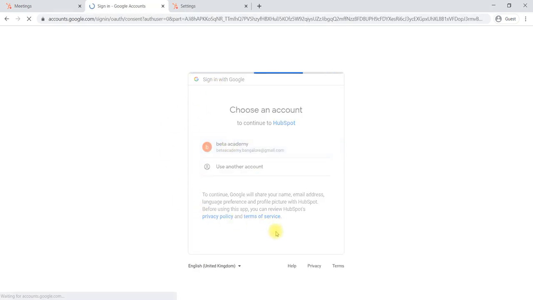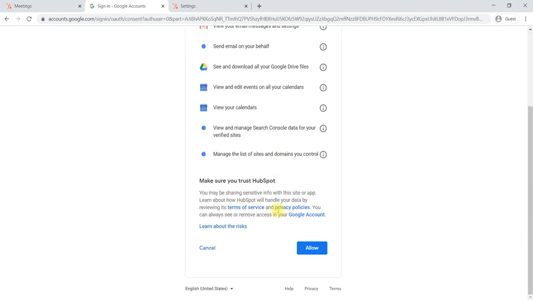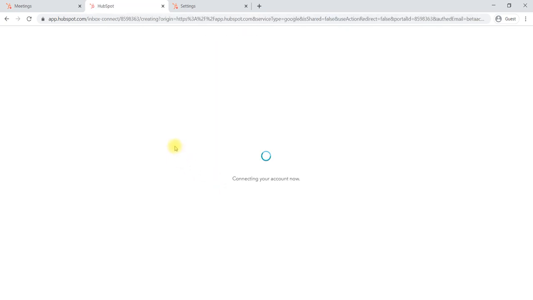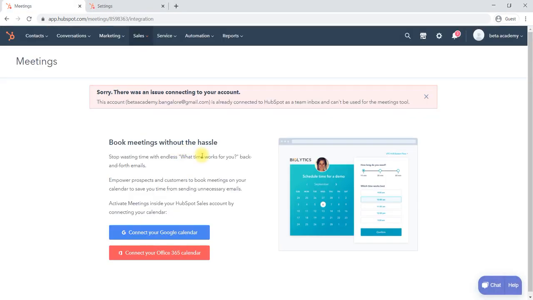It will connect to your Google Calendar. In Google Calendar you have to mark meetings. Whatever meetings you have marked in your Google Calendar will be shared here. Otherwise you will not be able to use meetings here.